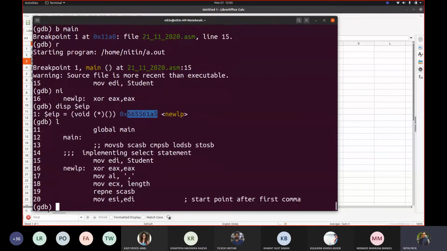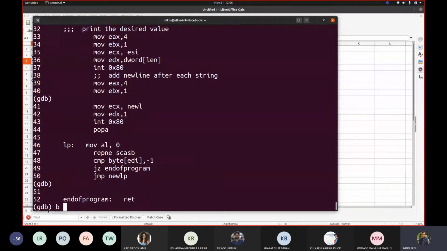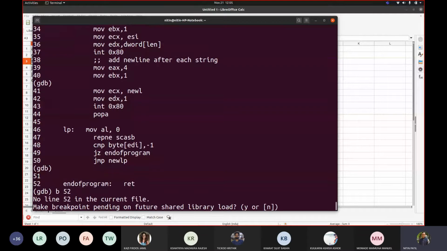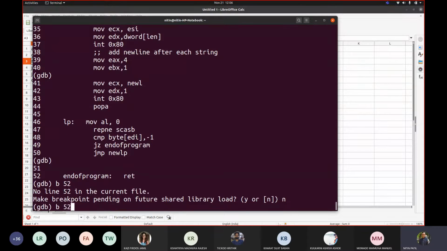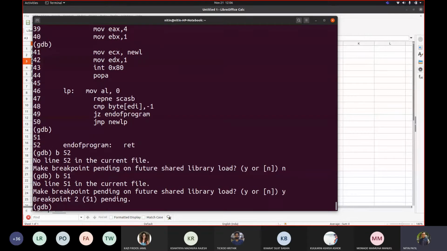Fine. So if I continue, let us add a breakpoint to the last line, B51. Yes.